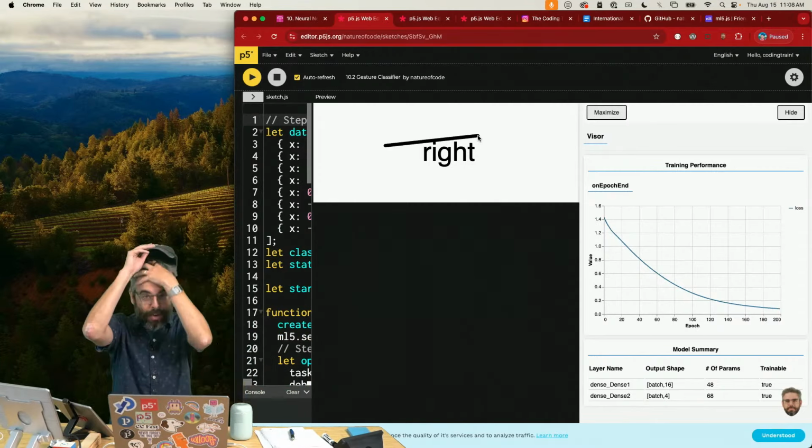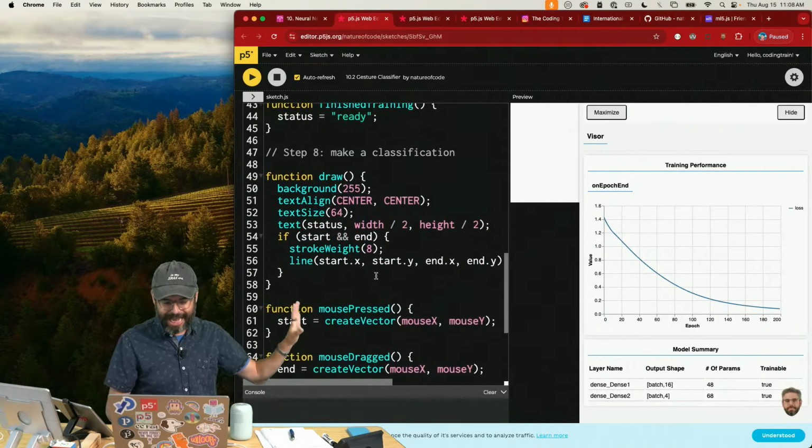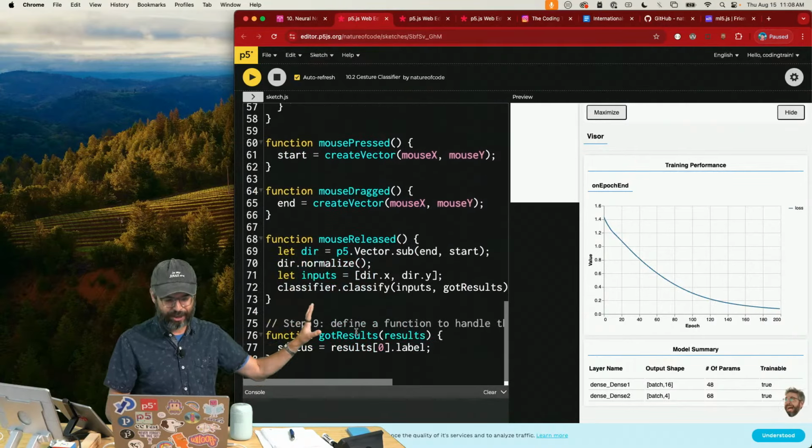But by showing you the steps of how to build a data set and train the neural network with that data set to then classify new gestures, you could take this concept and build it up into, say, could you recognize a figure 8? Could you recognize drawing a circle versus a triangle? And in fact, the ml5 library has